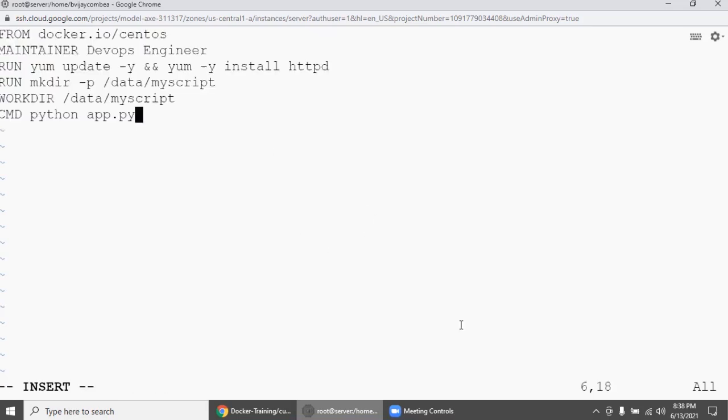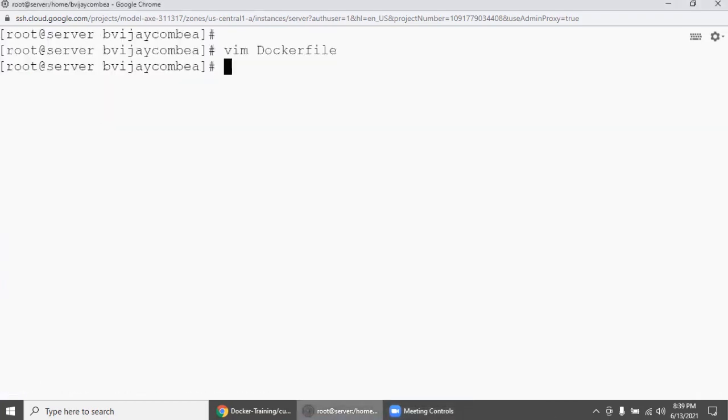As part of this, what is happening is the CentOS image is downloaded from the hub.docker.com repository, and we are adding some description, executing a command, yum update, the OS update, and installing the httpd. We are creating the directory and going to that directory, executing some file. Let's build it, save and come out.